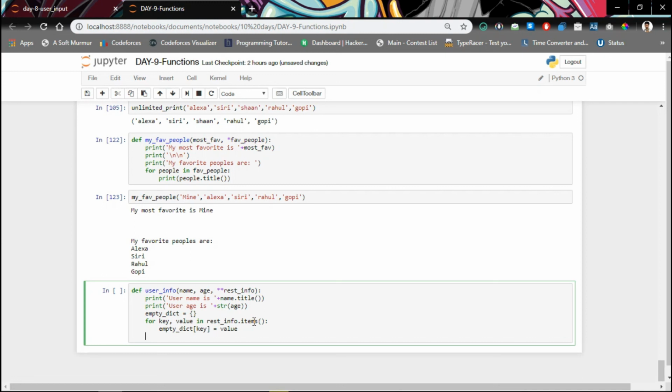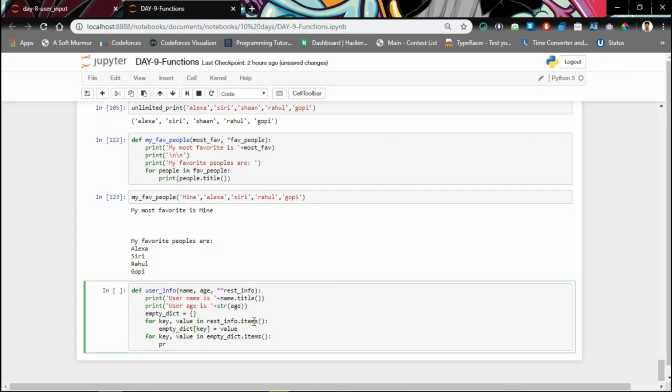So we will say for key and value in empty dictionary dot items. Okay, then we will say print user, then key plus user address is, let's say user address is plus value. Okay,